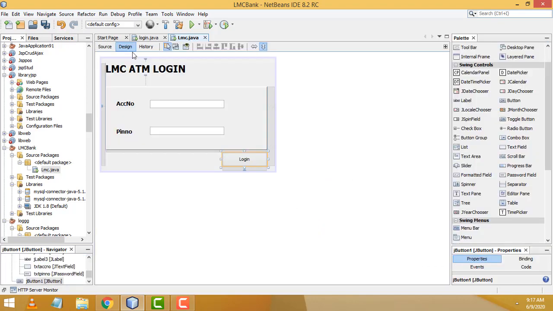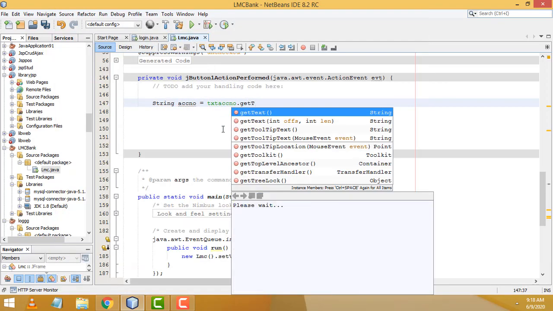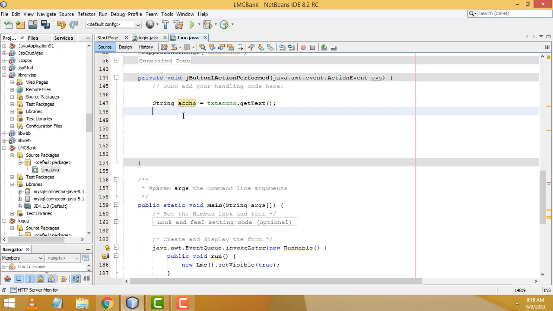First, these two text fields we have to pass into the relevant variables. So first we have to write String accountNumber = txtAcNumber. This is the name of the text box, account number text, so getText. Here we have to use getText, right? After that, for the password we are not using getText here. So here we have to write char, how to store it, char pwd, this is a variable I have created, equals txtPass.